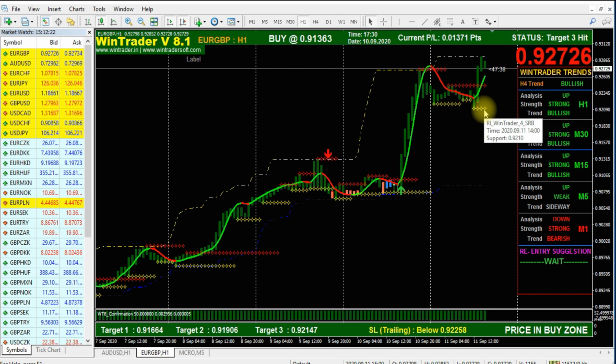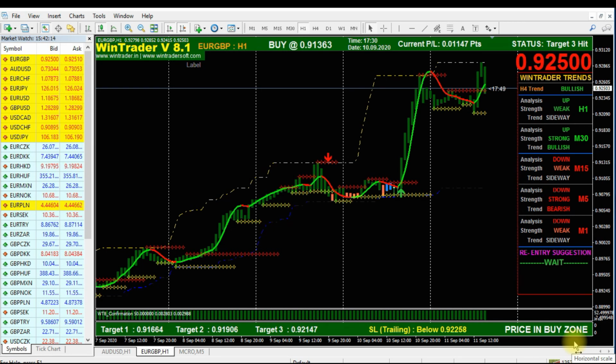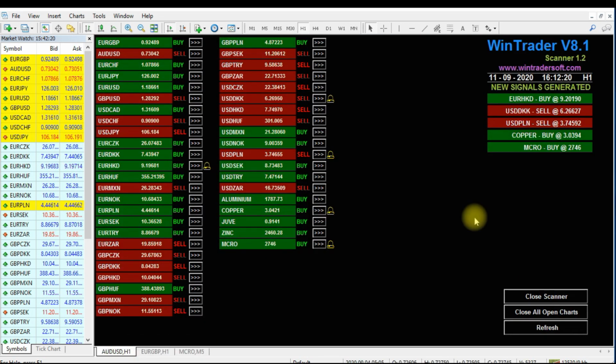And now I am going to introduce our new scanner, Scanner 1.2. Now I am going to show you our latest scanner, Scanner 1.2. This is our Scanner 1.2. Our latest scanner 1.2 identifies the signals for you. Whatever chart you add the scanner to, it automatically scans all those symbols and gives automatic signals. And our latest scanner identifies 3 different types of signals for you.